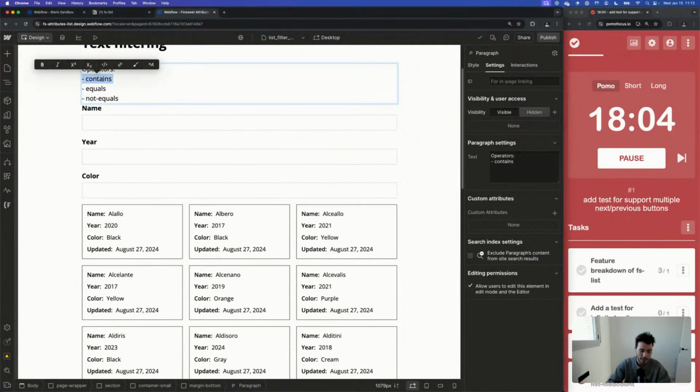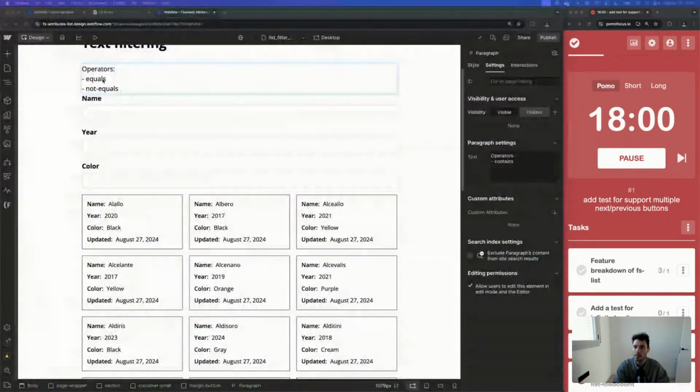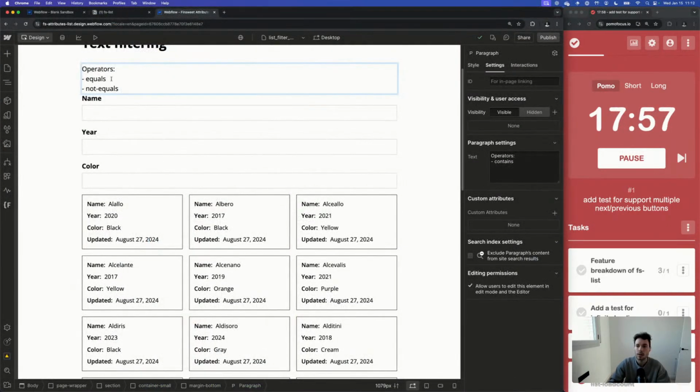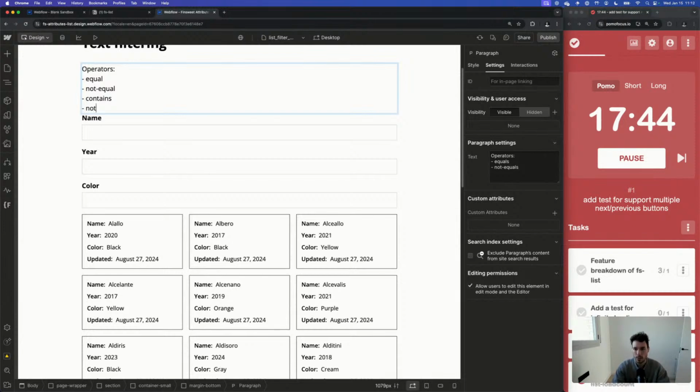Let's follow the same thing here. Equal. So no S. Equal, not equal. Contains, not contains.